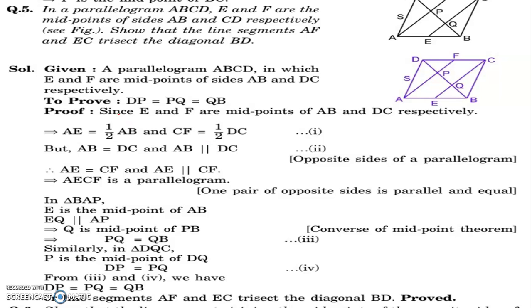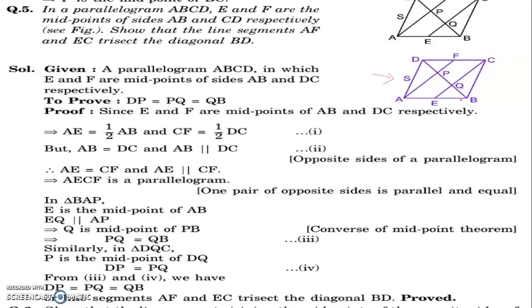Question number 5 says, in a parallelogram ABCD, so you can see this figure ABCD, E and F are the midpoints of sides AB and CD respectively. See the figure. Show that the line segments AF and EC trisect the